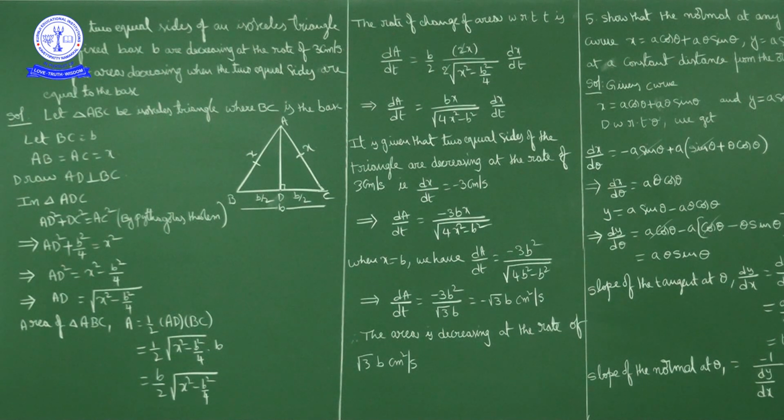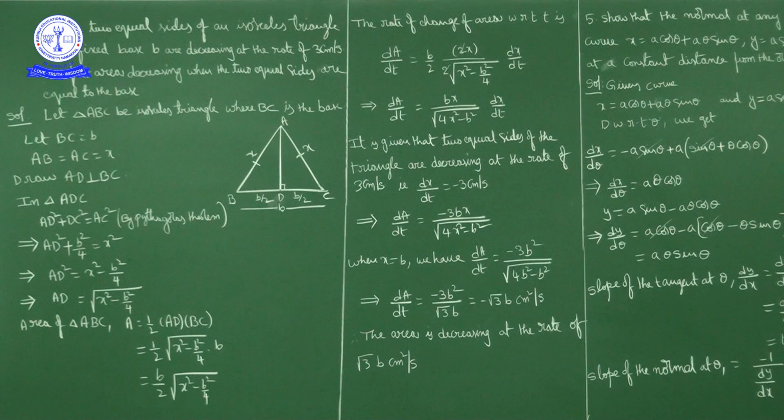What is area formula we have? Area is equal to b by 2 into square root of x square minus b square by 4. Here changing quantity is x. b is constant, that is given in the problem. So rate of change of area with respect to time, dA by dt is equal to b by 2 constant into root x derivative 1 by 2 root x. 1 by 2 into square root of x square minus b square by 4 into numerator. Now this under root quantity derivative, x square derivative 2x, b square by 4 constant derivative 0. So 2x into x derivative with respect to t is dx by dt.